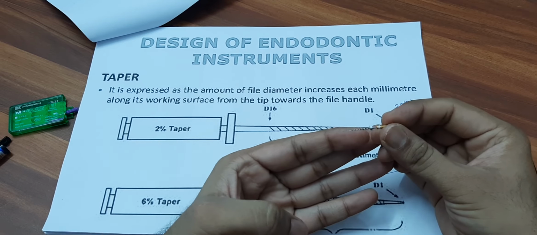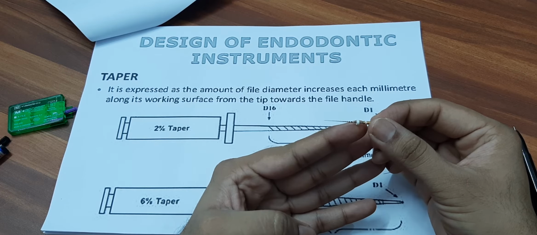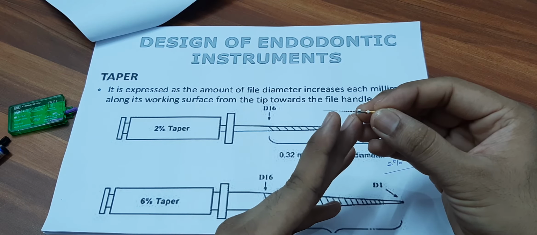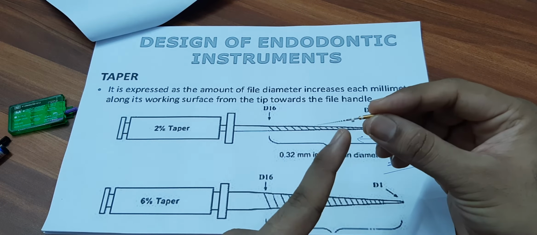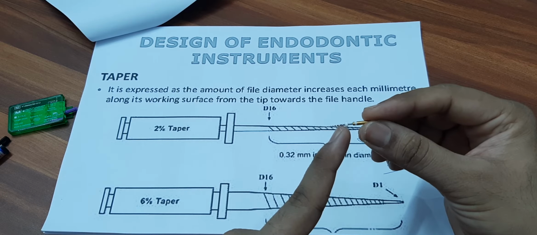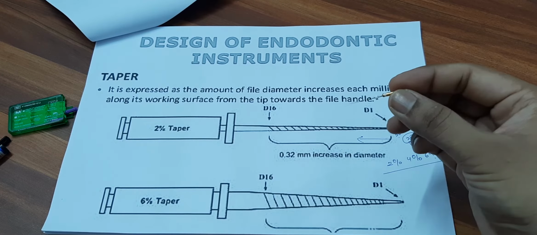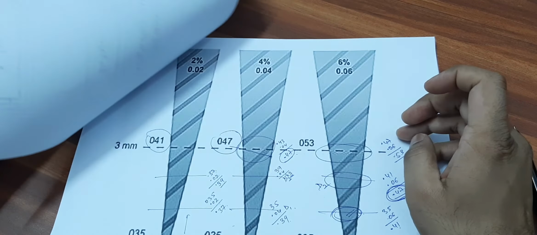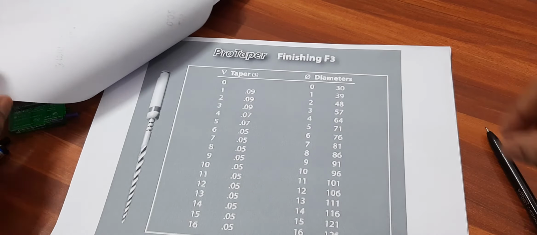New systems have appeared. This is a Pro Taper glide path system. So they are called Pro Glider. They have a 2% taper at the tip, but they're still rotary, and they have higher taper at the end size towards the D16. So this provides a very beautiful glide path. You have to understand taper system very well so that you can buy it properly. Let's revise quickly.